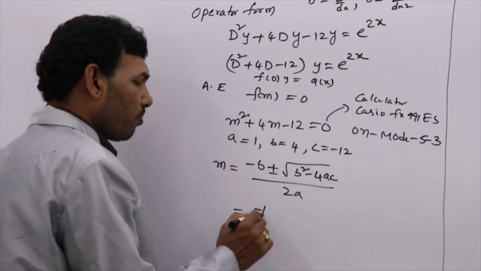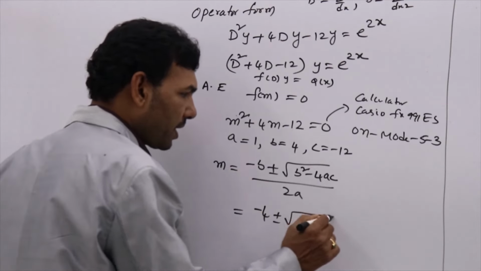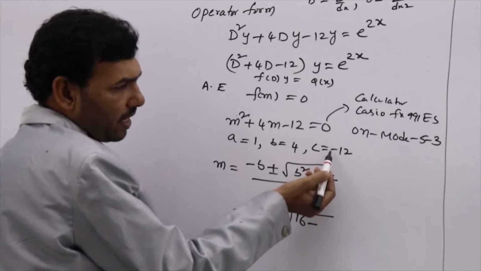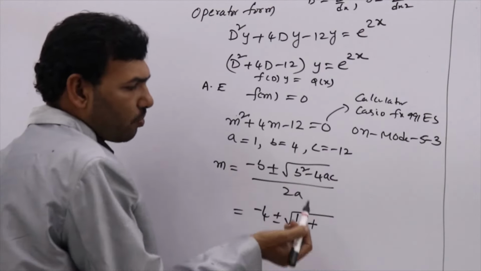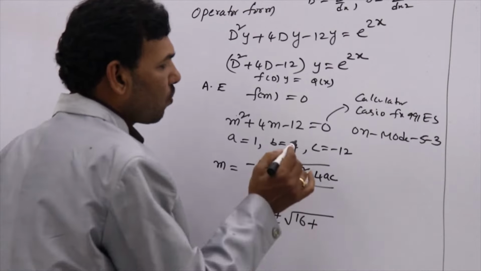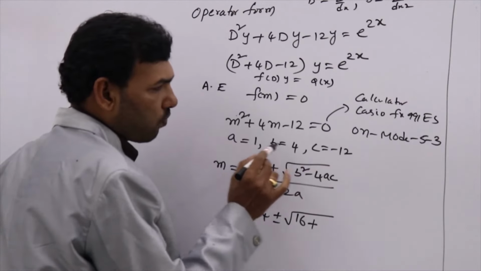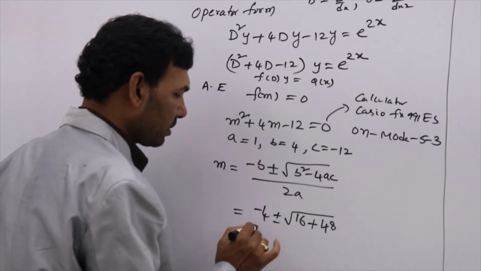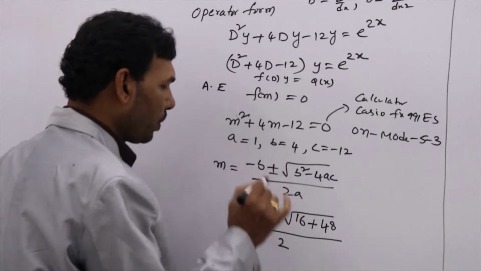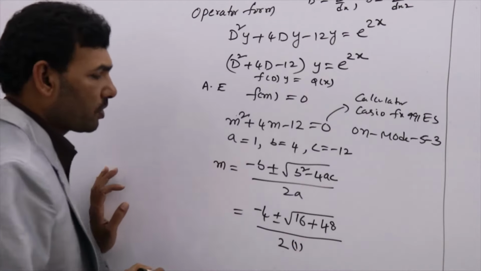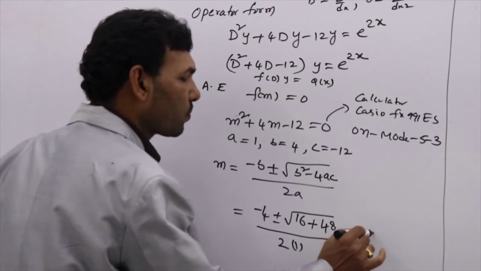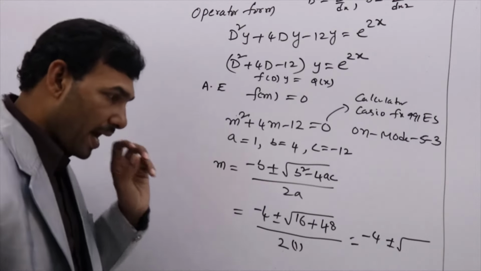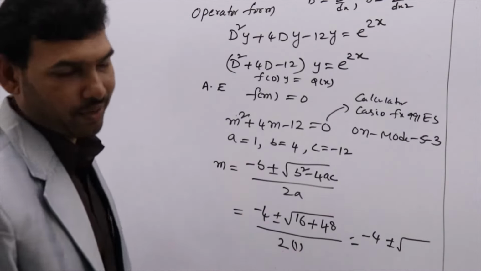Minus b, minus 4 plus or minus 4 square 16 minus, here you are having minus, minus into minus plus 4ac, 4 into 1 4, 4 12 48 by 2 into a. So see here, minus 4 plus or minus root of, add 48 plus 16, what you will get,